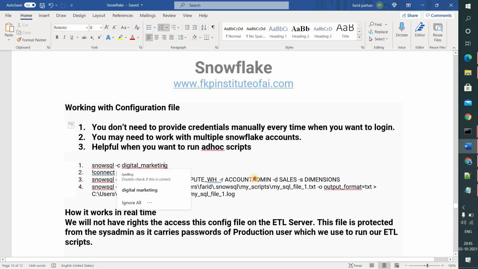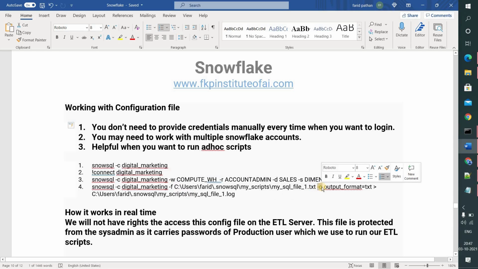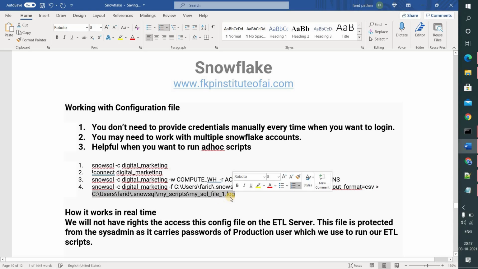So think that I have a SQL script I want to run on the command prompt. To do that, this is the command SnowSQL -c. It tells about which connection you want to work with. And then -f, here you need to specify your SQL script file name. -o, this specifies what format of output you want. So I want CSV format file, and you can specify here greater than symbol to have the log file generated for your script. Okay, let's go and run this command on the command prompt.